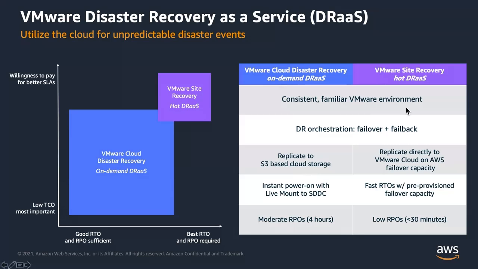And then our other option, VMware Site Recovery, which is Site Recovery Manager, if you've used that on premises. It's the same product, it's just a managed version of that. We use that for low RPOs, less than 30 minutes. It can be down to 5 minutes if you decide to do that. The only detail with this one is that we need a VMware Cloud on AWS environment up and running to be able to replicate into.